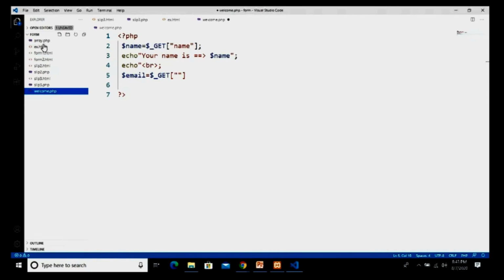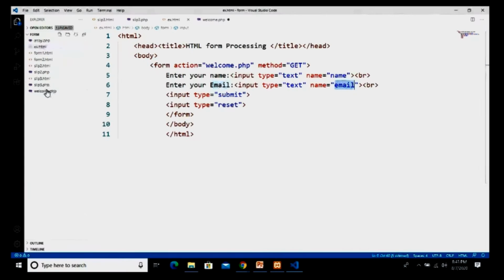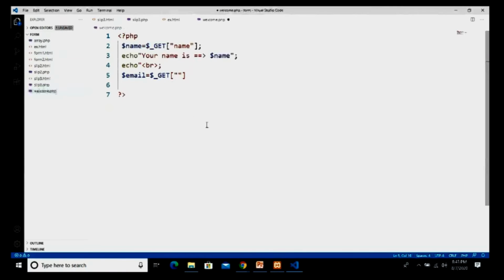I go to my HTML file. For email, again we have taken the name as email, so you have to write the same thing, email, ending with a semicolon. Dollar email equal to dollar underscore GET, and this is your email.